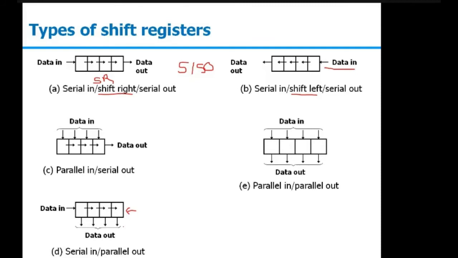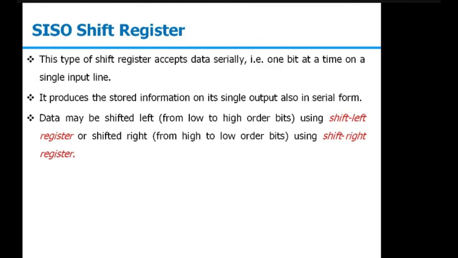We can also use this shift register to design the rotate right, rotate left operation, where we can connect the feedback. Rather than reading the data, we can have a feedback from the last stage to the first stage. So we will study this circuit in detail and then things will be more clear. So first one is the shift register, where we have divided this into 2 further parts, that is shift left register or shift right register.